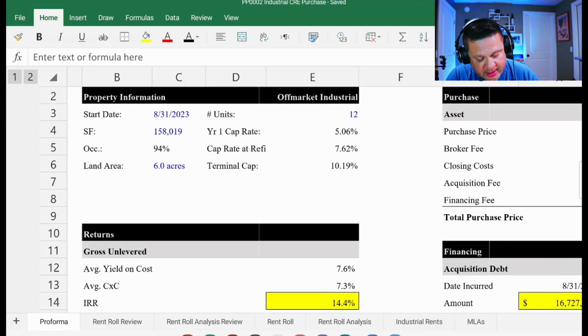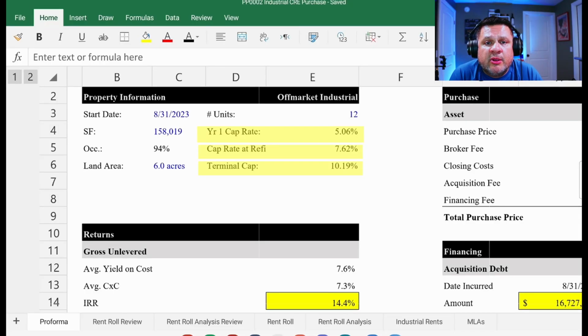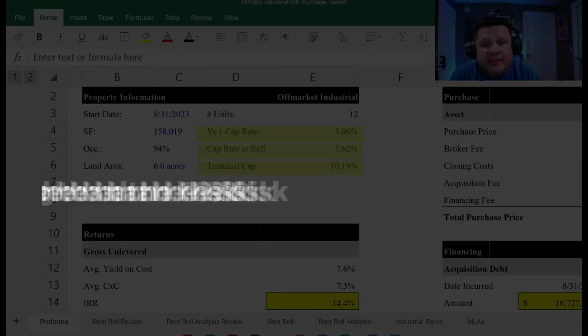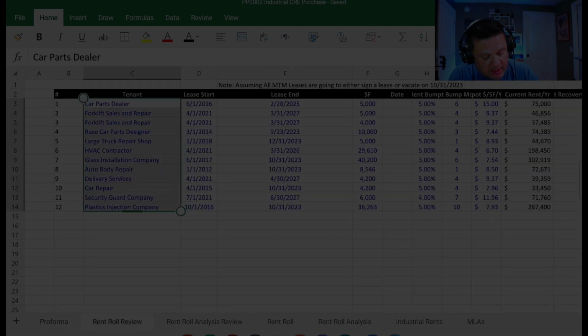So here you might see that the year one cap rate going in is at just a hair above 5%. The cap rate at the refi is at 7.62, but the terminal cap rate is 10.19%. So for somebody who's experienced, their immediate assumption would be like, well, you're walking in with negative leverage. And that is potentially true, but I think in the market that we're in now, if you're looking at something like this, where you're looking to create value add, this particular property has, like I said, a dozen